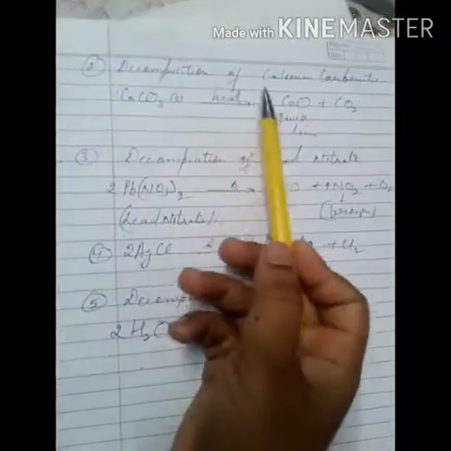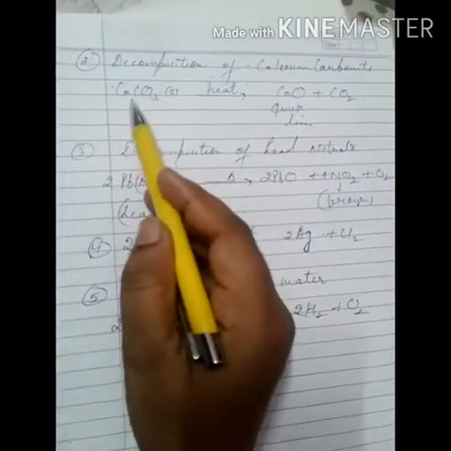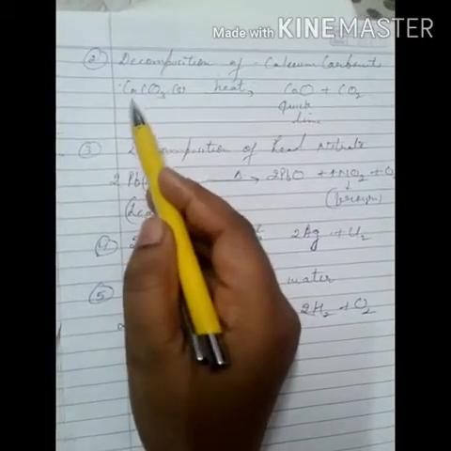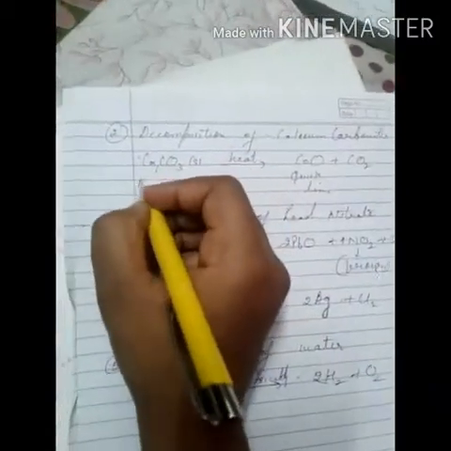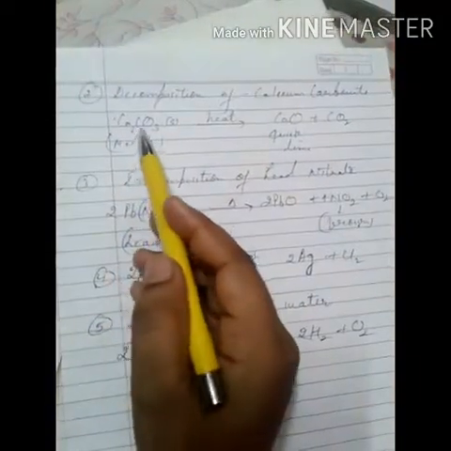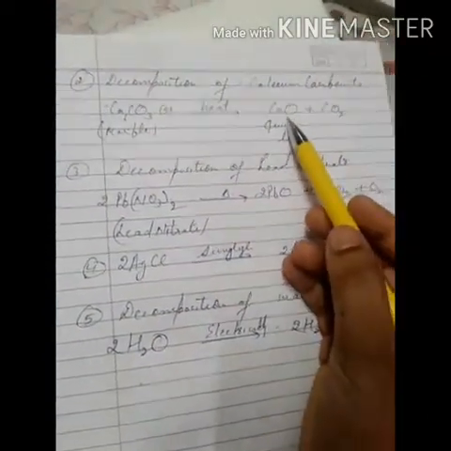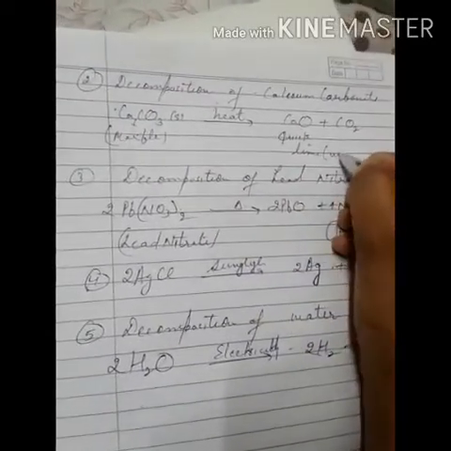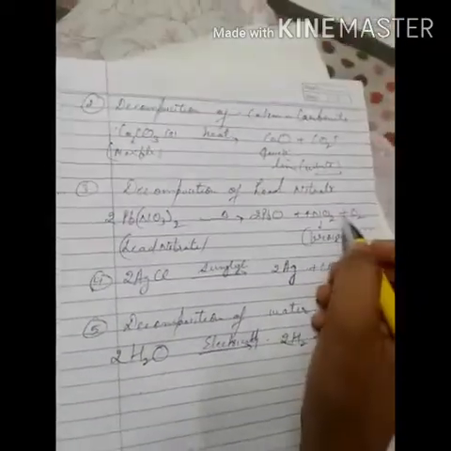Second is decomposition of calcium carbonate. Calcium means Ca, carbonate means CO3. So both valencies, here +2, here -2, cancel out to ratio of 1:1. So we have the formula. Calcium carbonate is basically found in marbles or stones which are used at our home. So when we heat it strongly, what happens? It changes to a simpler product, calcium oxide, which is of white color. You have to learn the color also. It is of white color with the evolution of carbon dioxide gas.